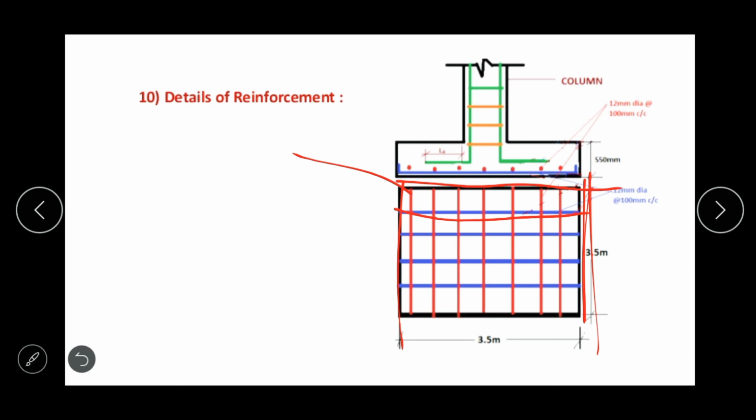Okay, so the detailing of reinforcement can be shown here, and dowel bars can be provided. This is nothing but the anchorage of column bars in order to transfer the load from the column to the footing. Generally these are given to transfer the load from the column to the footing, okay. And the distribution bars form a mesh over which the load transfer can be uniform.